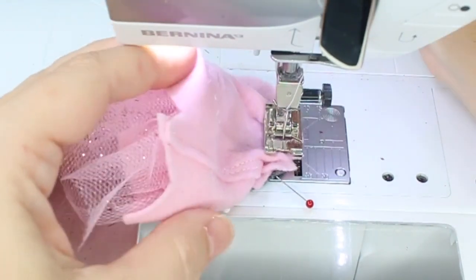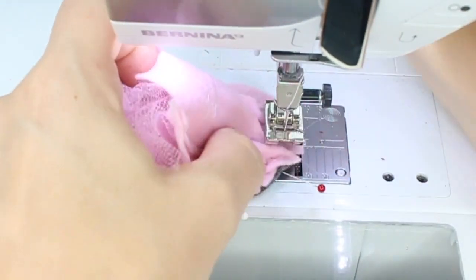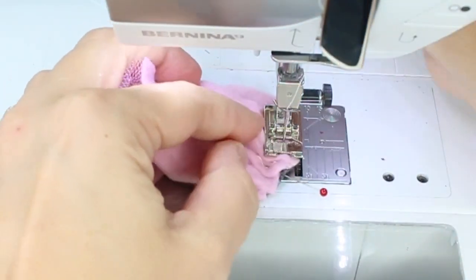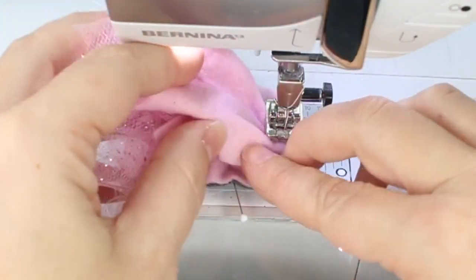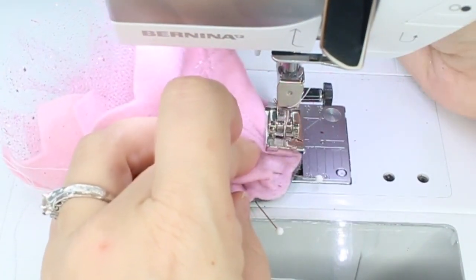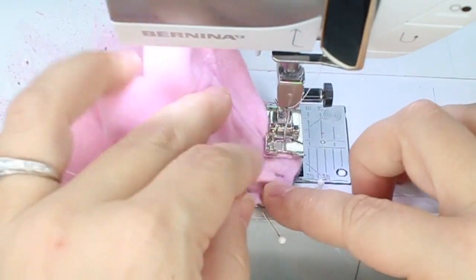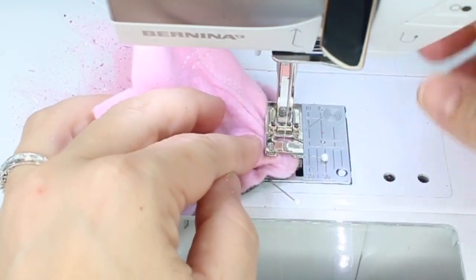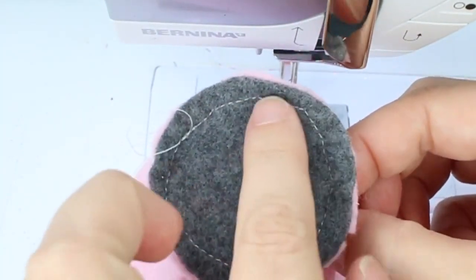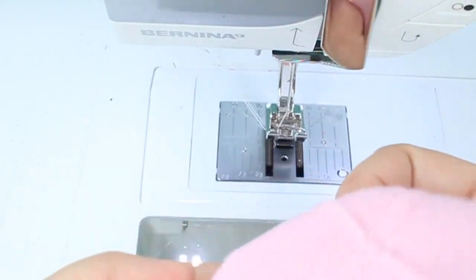And then just adjusting as I go. It's a pretty small bag, so it's a little bit tight to try to shove all that through and around. It does fit the circle, and if you happen to sew in any little folds or puckers along the bottom edge, it's not really going to show because of the tool and the shape of the bag. And there we have that sewn down all the way around the circle, and we can just turn our bag